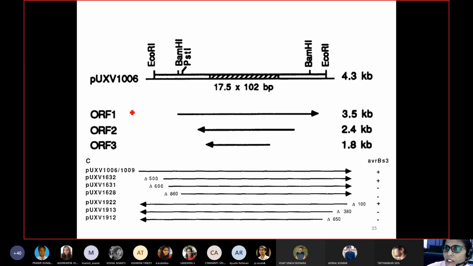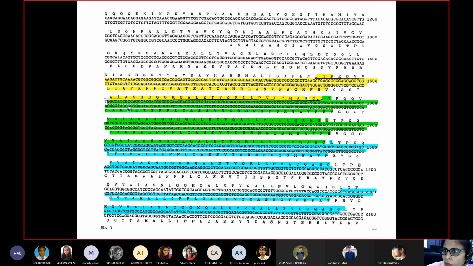I marked it here in the line. For example, the underlined region here, LTPEQVV. Here also LTPQVV up to this area, and here this is the last LTP2Q. This was repeated a number of times. Even for the deletion mutants they generated and sent for sequencing, after sequencing they found that one deletion had the same protein, and another also had the same protein. They were able to create this kind of figure where one repeat spans from one base pair to 102 base pair. That gives you around 34 amino acids, and they are all conserved.